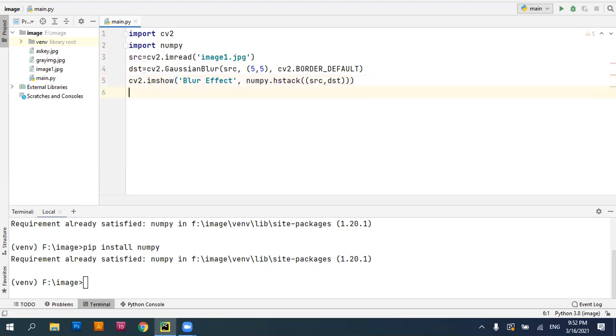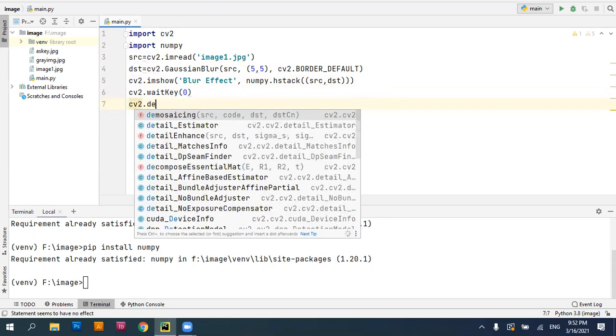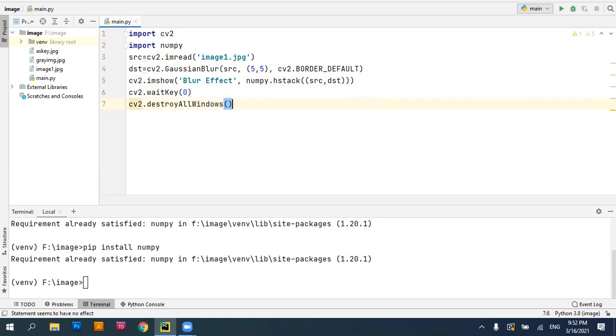And then I'm going to use cv2.waitKey, specifying the delay as 0. This sustains your image window as long as you don't press any key. And finally, you close the window by using destroyAllWindows. So that's it. That is my program which is going to apply a blur effect on my image.